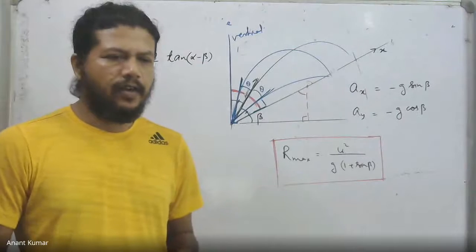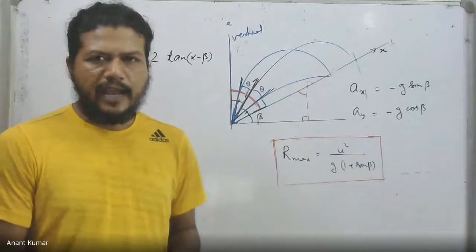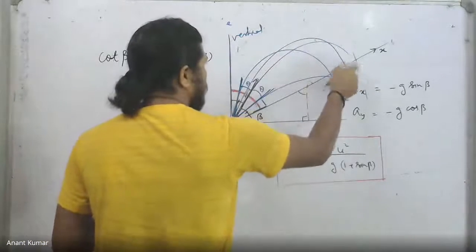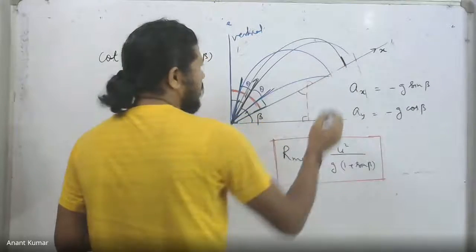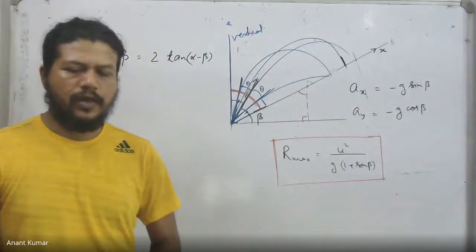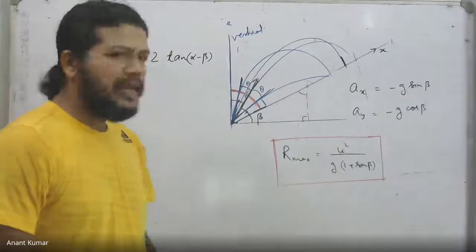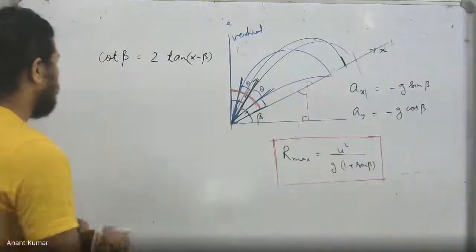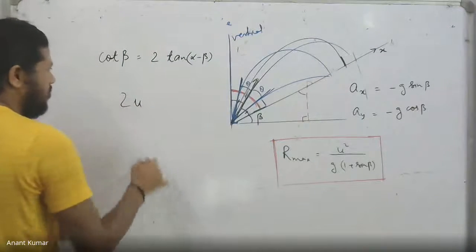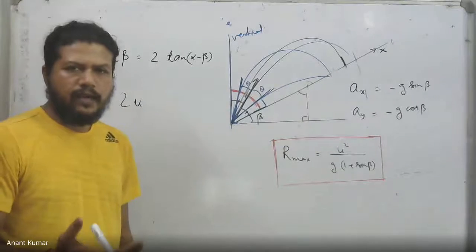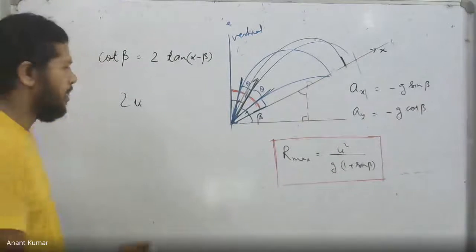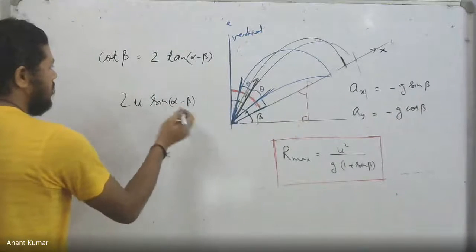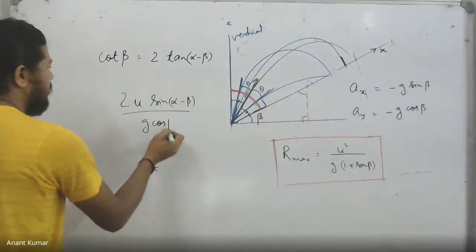Onik, I said you just figure out in this case that at the time of flight the x velocity must vanish, because it's striking the inclined surface perpendicularly, which implies when it reaches over here, the x velocity must vanish. So what you do is find the time of flight. In the actual thing, we wrote twice u sine alpha, but that alpha was the angle with respect to the incline. So in this case, that angle is alpha minus beta. We get 2u sine of alpha minus beta upon g cos beta. This was the time of flight actually.